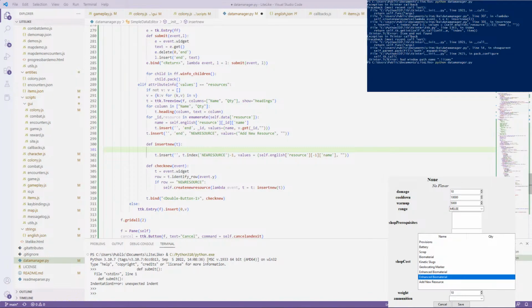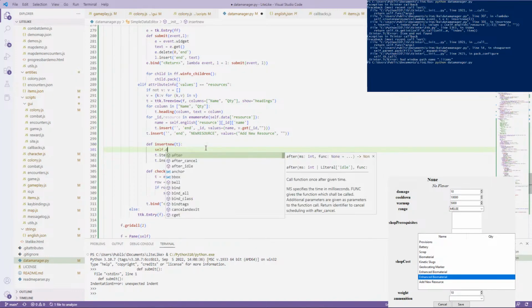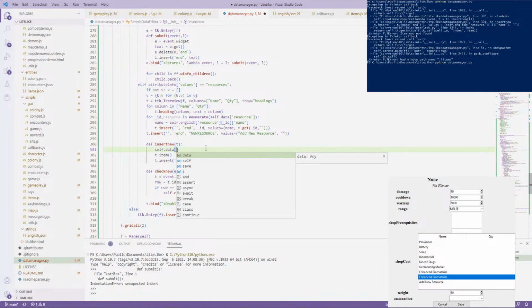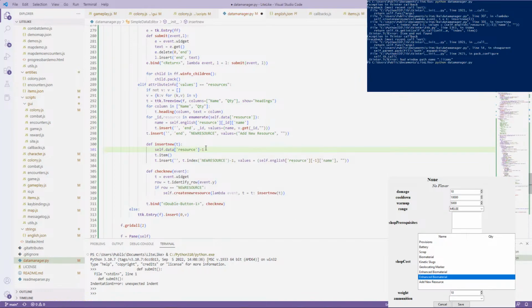Hopefully it doesn't. Or I guess index, identify, item. Let's do item. T.item. Self.data resource -1